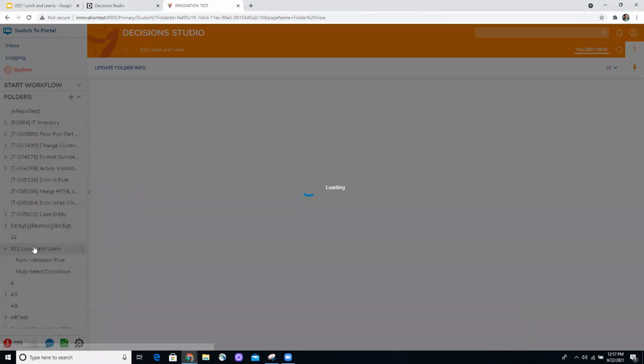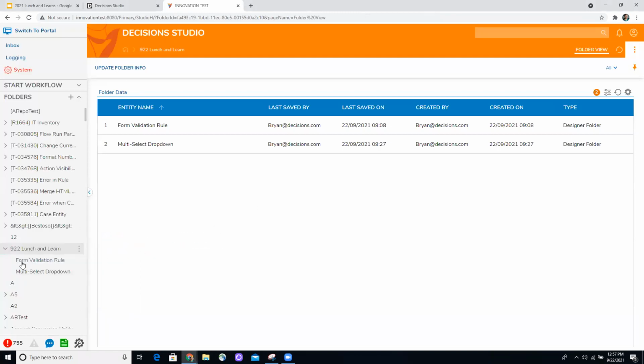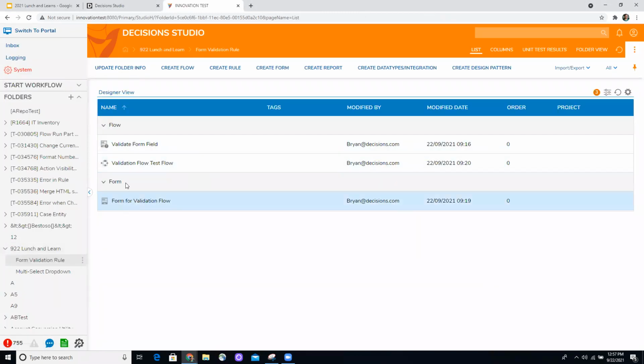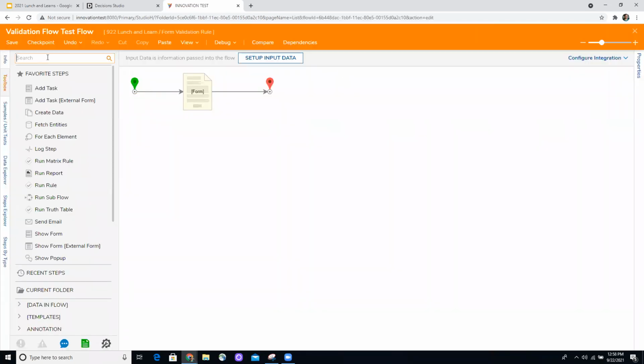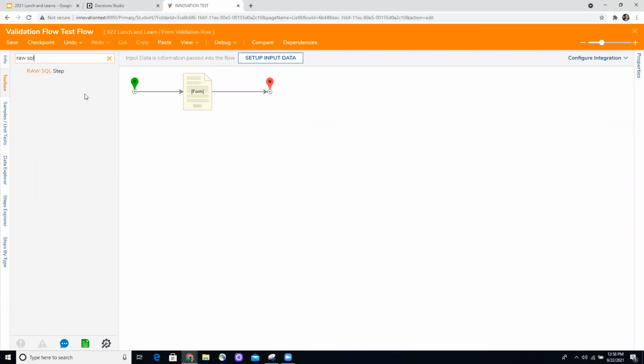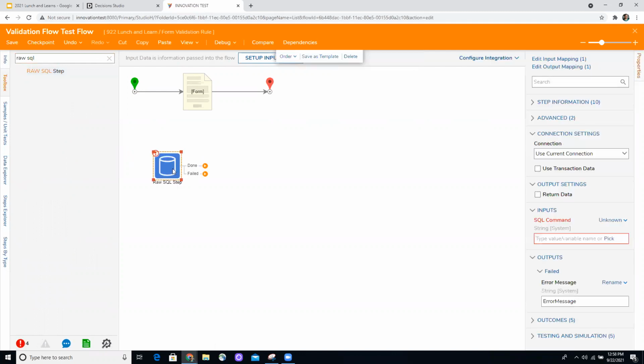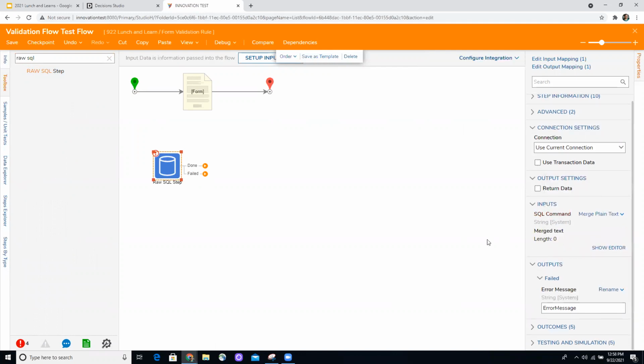This is simply the step. Actually, I don't even think I need to build anything. I can just show you the step. Have you ever heard of a raw SQL step? I've heard mention of it, but I've never actually seen it in real life. Here we go. The raw SQL step allows you to build whatever SQL you would need to be executed. So you can include your joins in here, and it doesn't have the limitations of the table join.